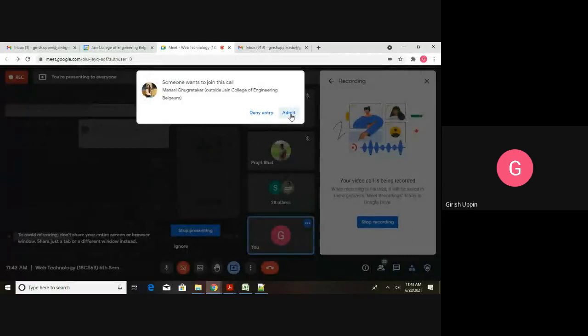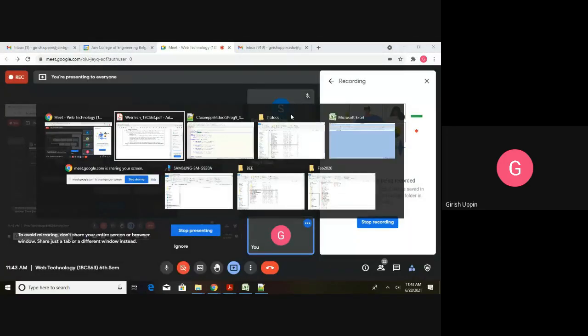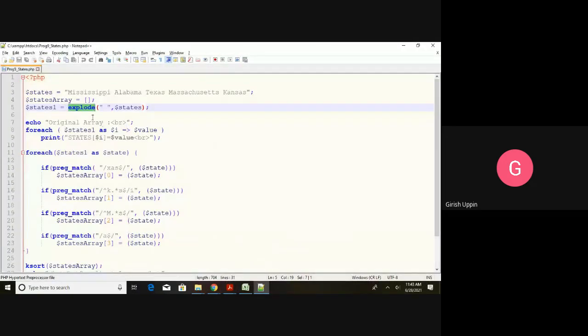What it will do is convert a string into an array, separated by whatever character you give. For example, this is the string we have. We are passing it to the explode function, and we are passing the space as the character.